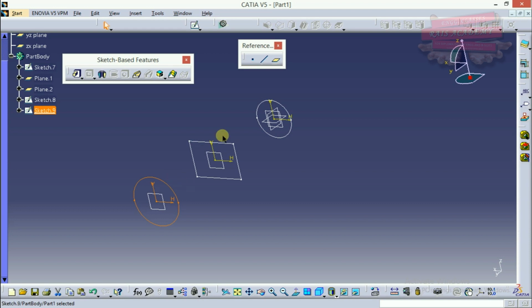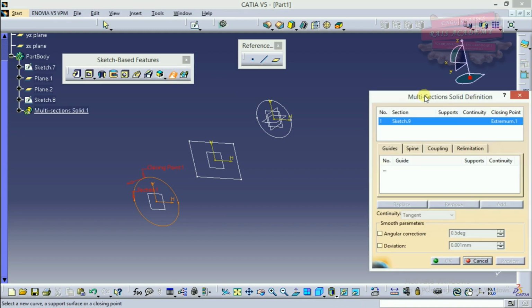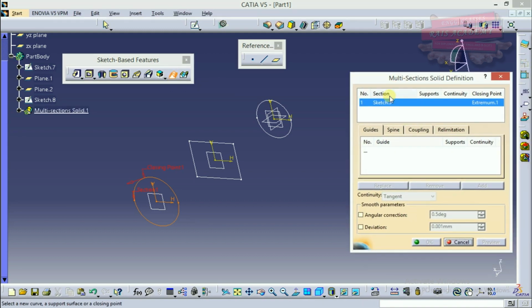Okay, so the main aim of ours is to create a 3D model out of these 3 sketches. So for this purpose we'll require this multi-section solid command or feature. In this, as you can see, I had last drawn this circle, so it has been selected by default by the software.